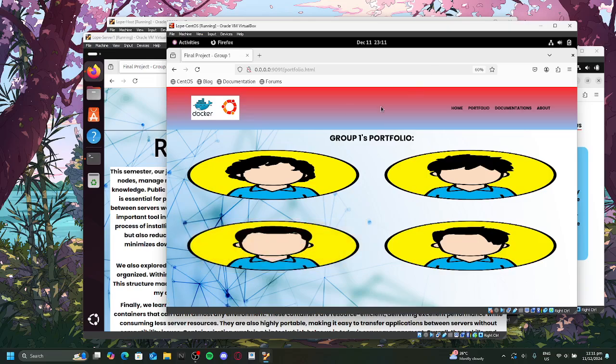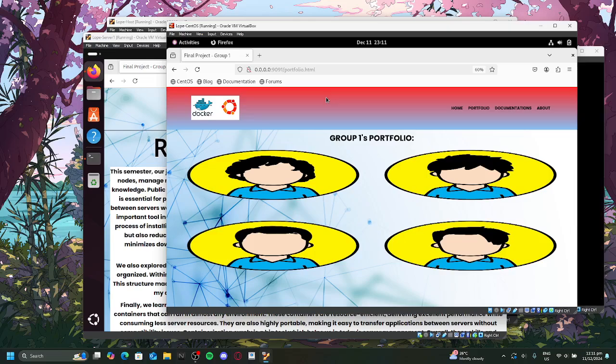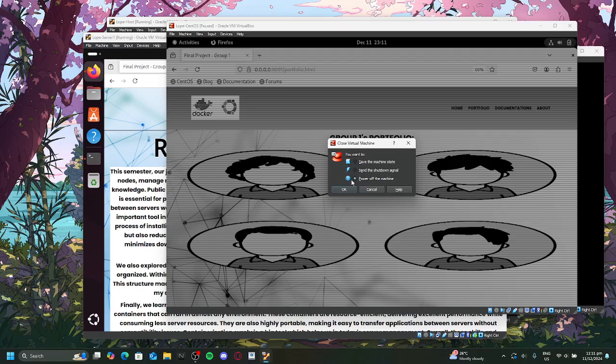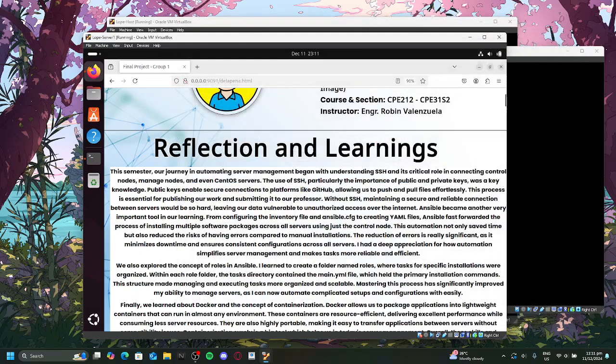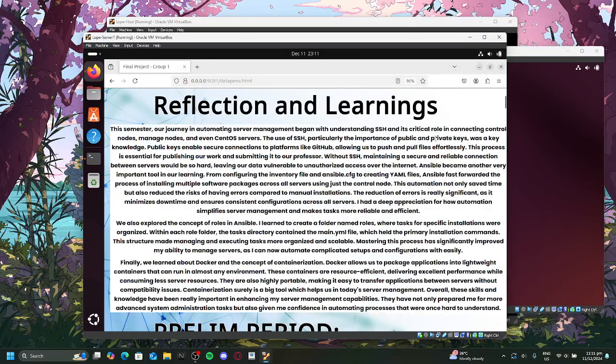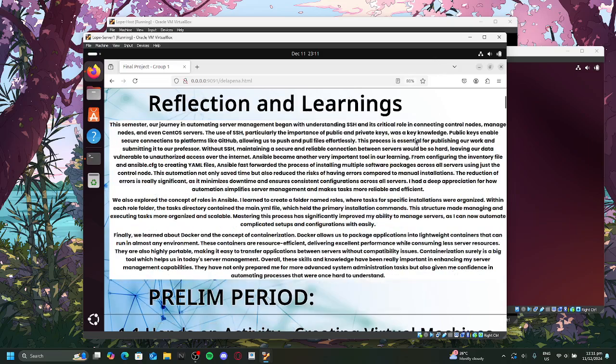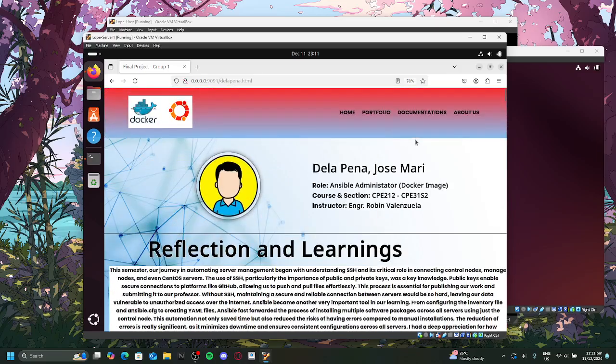Because we have verified that in CentOS we have successfully deployed our images in the container, I'm going to close this off for now because it is affecting the tour of our HTML web app. So I'm going to minimize this tab.